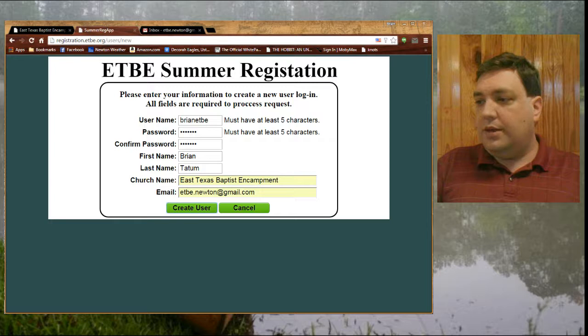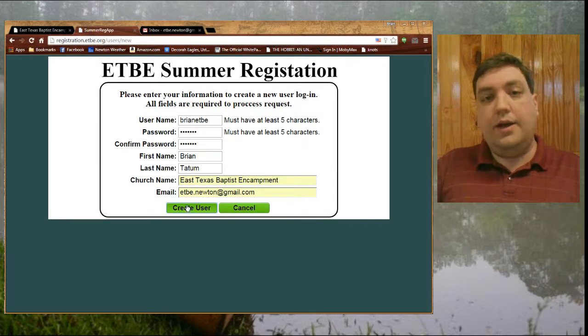Once everything is entered in, you'll want to verify that all the information is correct, and then you'll want to create your user account with this green Create User button right here. If there are any problems on the form, it will come back and display error messages right below those buttons, and you'll be able to get some help in how to correct the problem and get your user account created. So let's go ahead and create user,